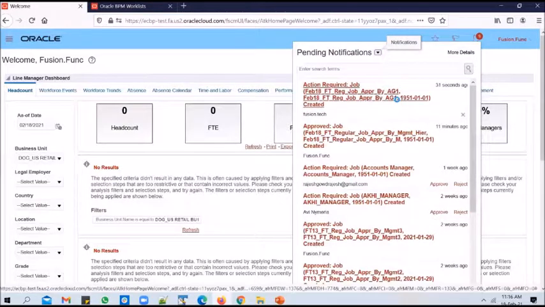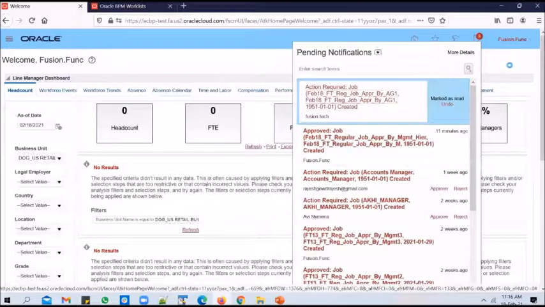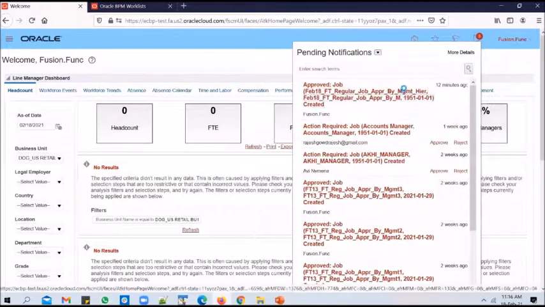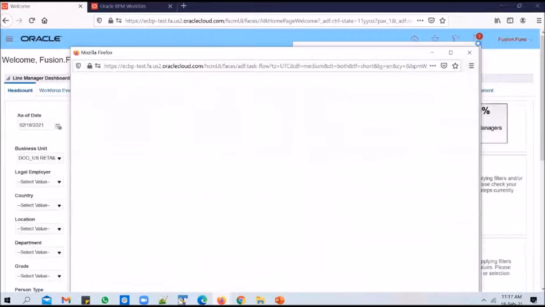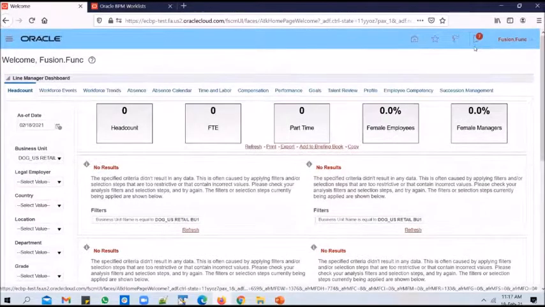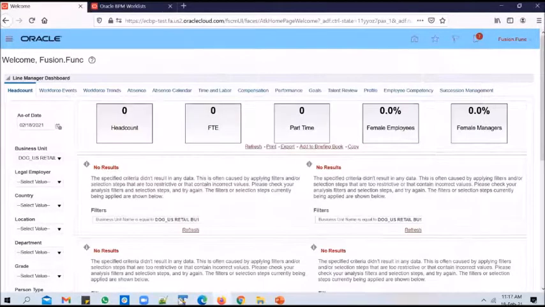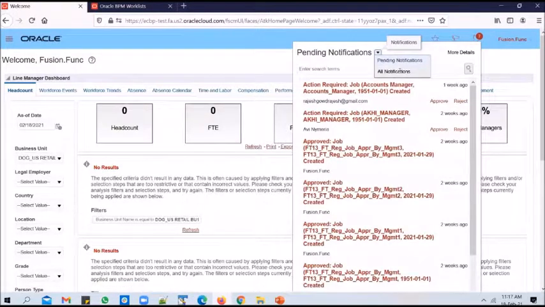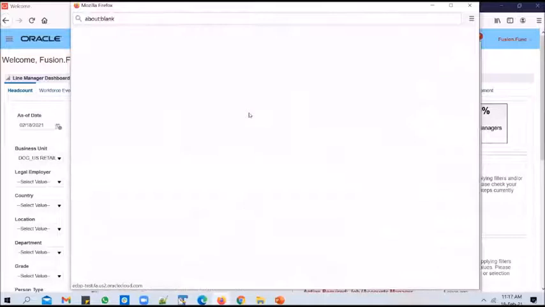Okay, we could see that it is appearing as action required in there. I'm not sure where it has gone. So we've seen it. Okay. Let me change this to all notifications. And we can see that this has come to us for approval because we are a member of the approval group.